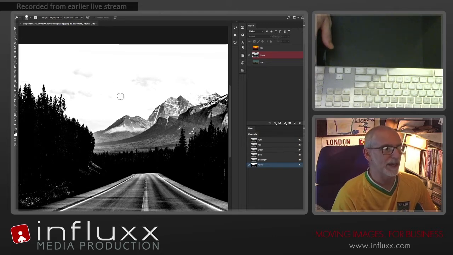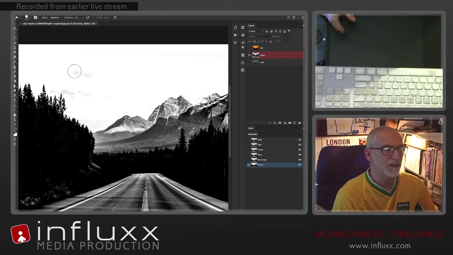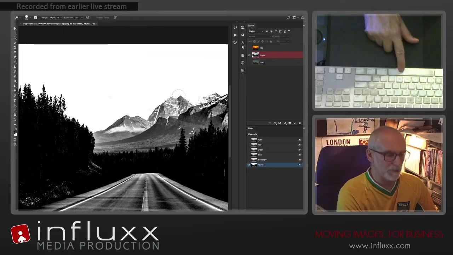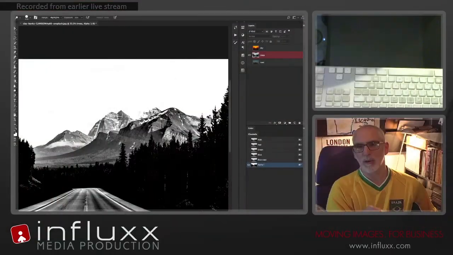Exposure's about 20%, that's probably a good place to start, and I'm going to bring up the brush a little bit, and just all the little light grey areas in the sky, I'm just going to paint those. It's just burning them out. It's dodging. In the old film